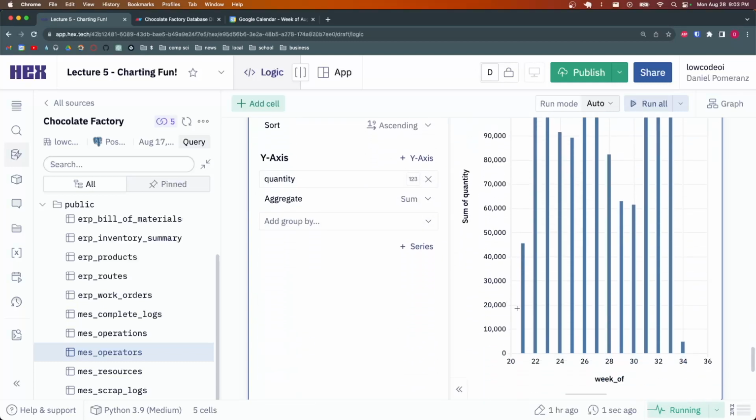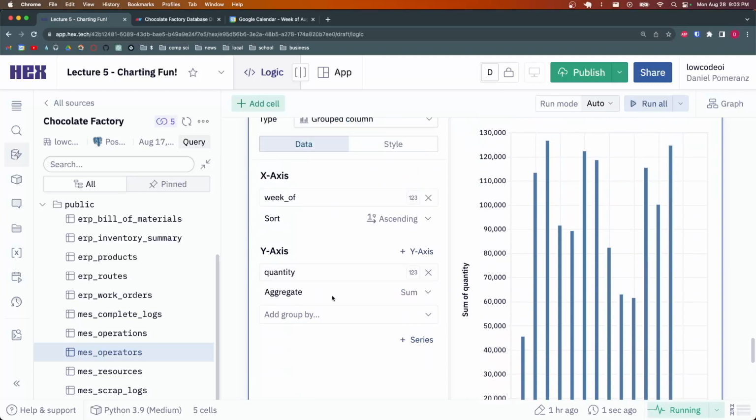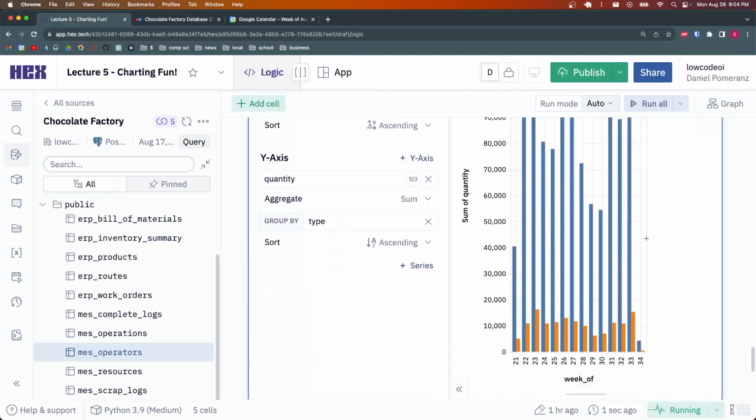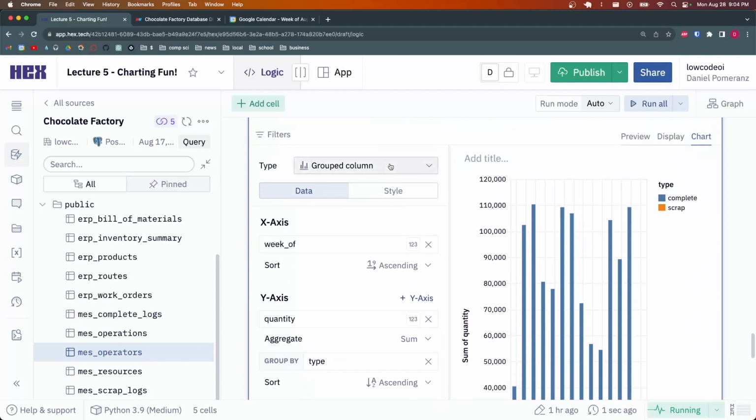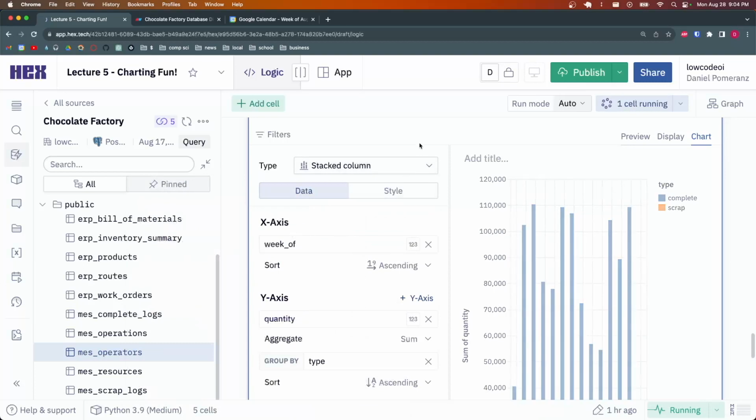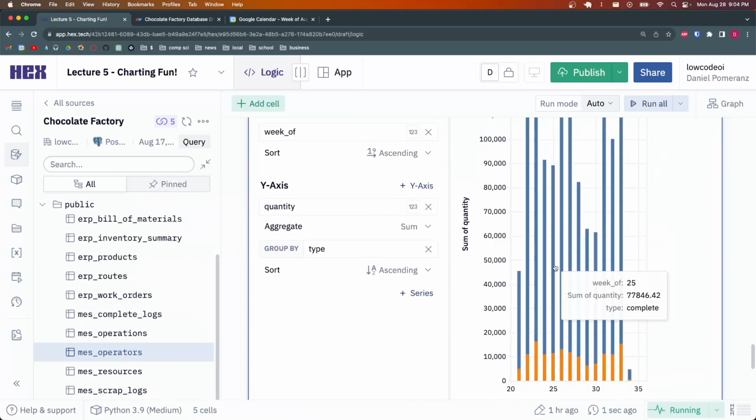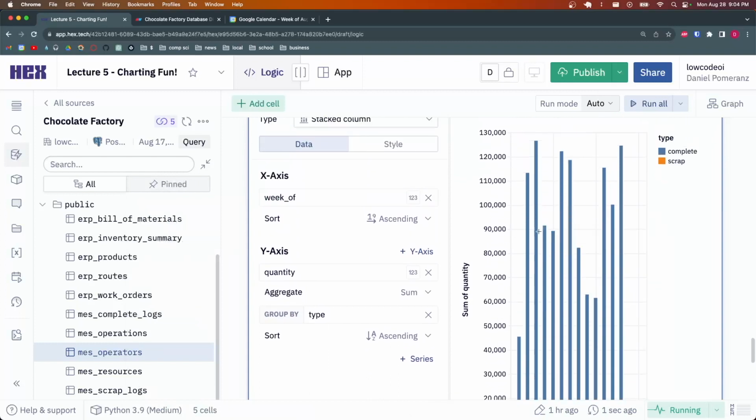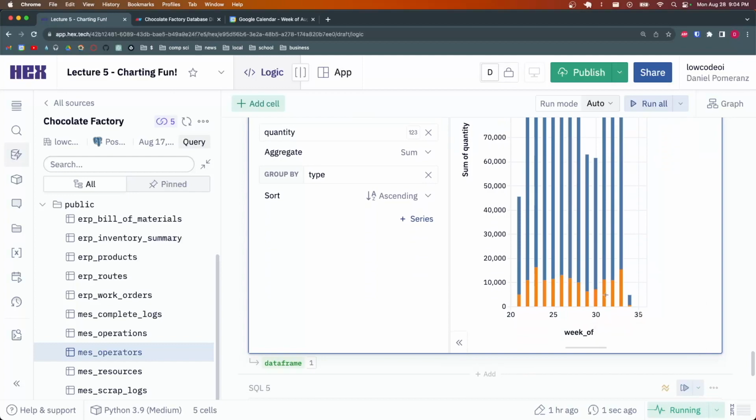Okay, so we can see, looks to be going well. And finally, if we use this group by area, when I hit type, we now see, okay, and it's doing a grouped column, which is fine. Sometimes that's what you want. We'll go ahead and do a stacked column. So everything will pile on top. And this data set is starting to show which weeks we did the most processing, maybe which weeks we had the most scrap,